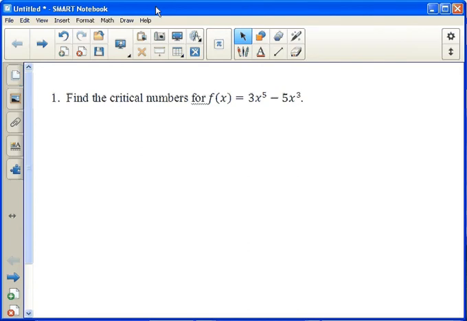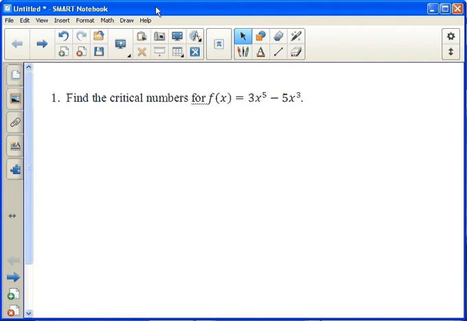This is the review sheet for Calculus AB, the test on Rolle's theorem, mean value theorem, maximums, minimums, concavity, increasing, decreasing, first derivative test, second derivative test, and so on and so forth. So let's get started. First, find the critical numbers for f of x equals 3x to the fifth minus 5x